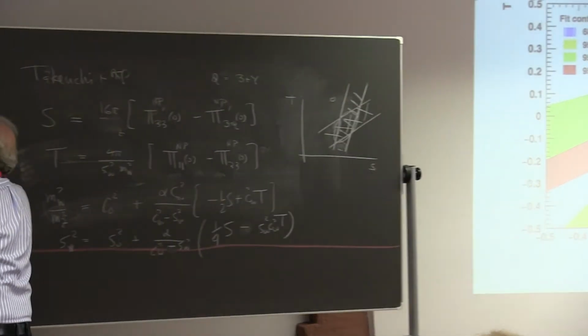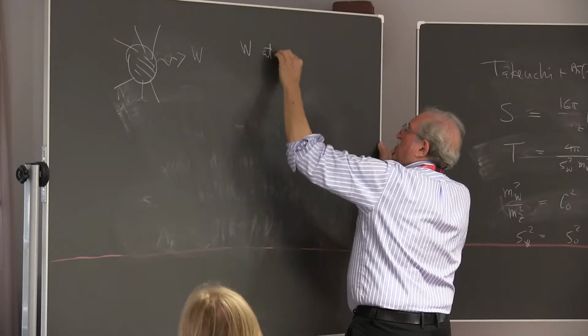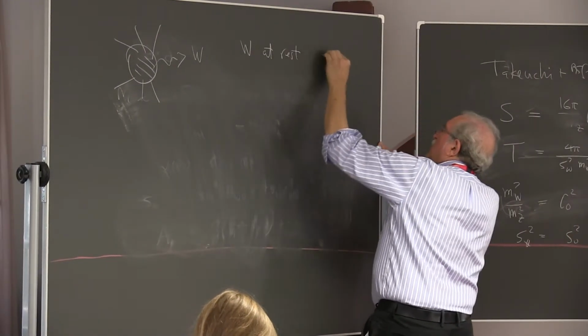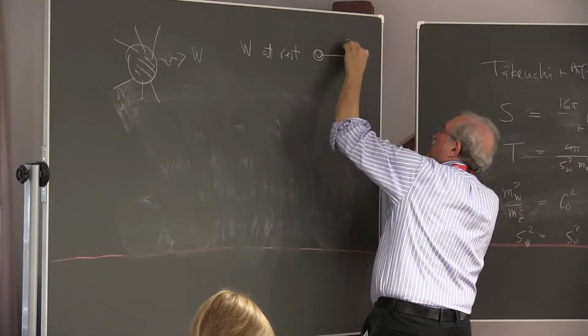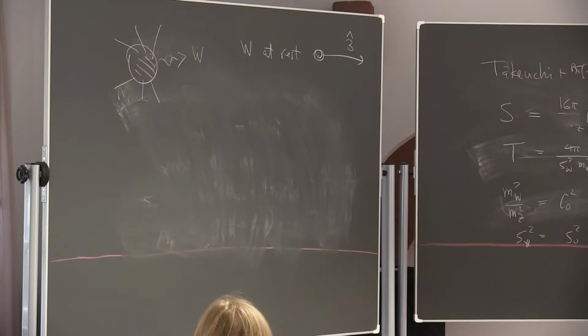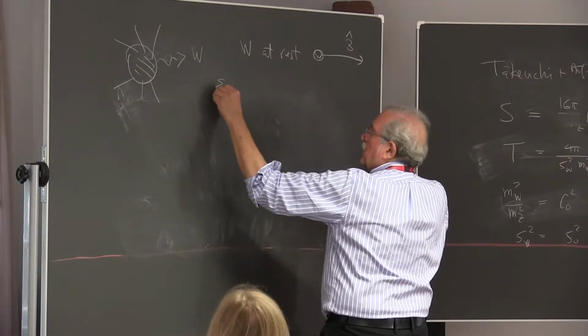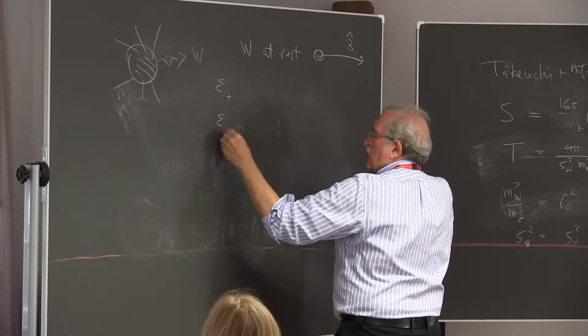So let's think about the polarization states of the W boson. First of all, let's consider a W at rest. But I'm going to choose the 3 direction. And eventually, I'm going to take the W at rest and boost it in the 3 direction. And eventually, I want to consider very large boosts. So let's write the polarization vectors for a W boson,